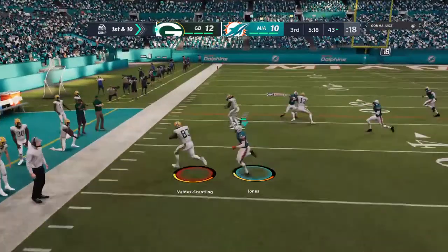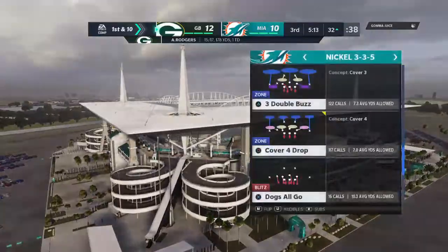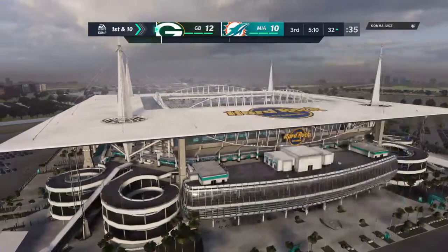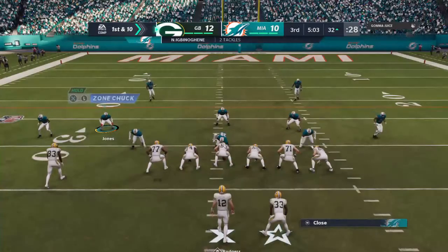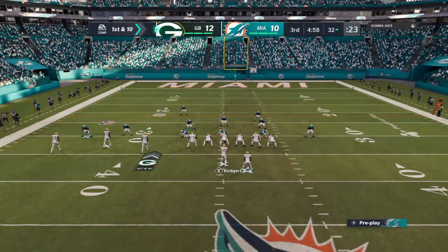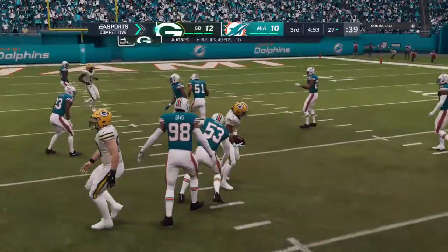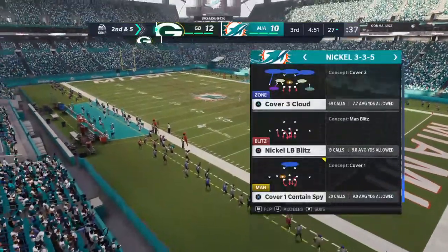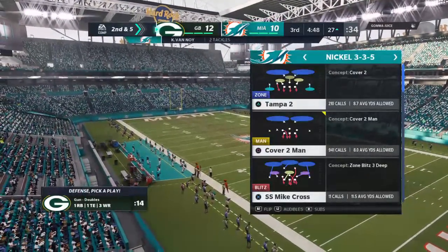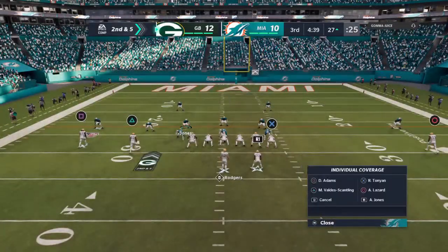Now Rodgers. Got an open man. It's Valdez-Scantling. And he gets this inside the 35-yard line. He continues to deliver a 1st down here. He had 4 catches in the first half, and this one number 5. Now a 1st down carry by Jones. And he'll be brought down at the 27-yard line. Aaron Jones. 5 yards is the tally on 1st down. That brings up 2nd and 5. A gain of 5 brings up 2nd and 5 at the Dolphins' 27-yard